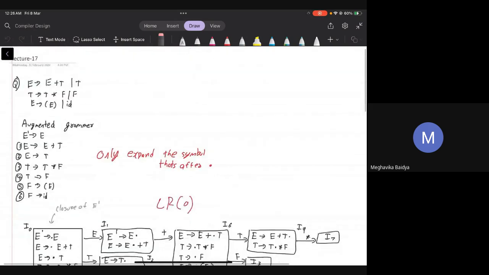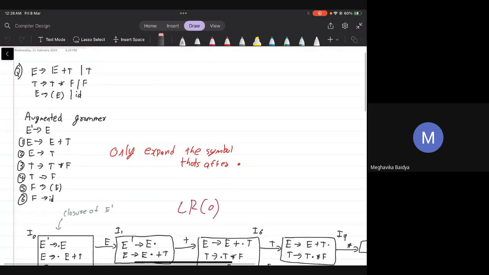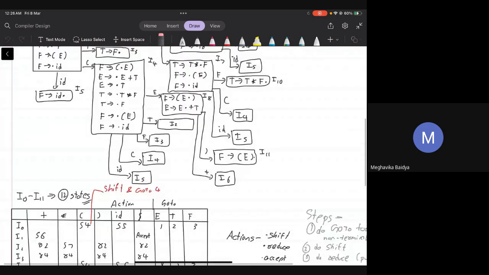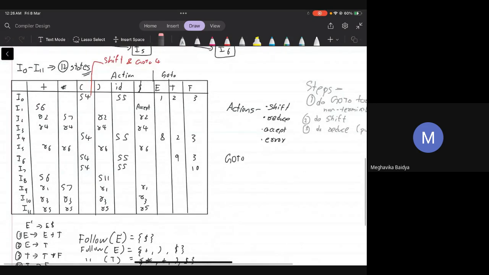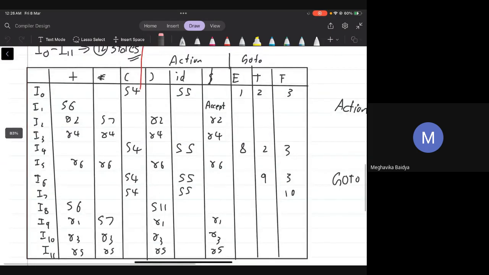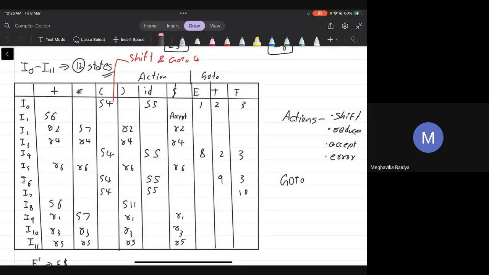I've written the same thing here, which is the same grammar, augmenting it, and then the states, and now you make the table for this. So for the table, you have all the states and then all the symbols. This table is used by the parser to tell what to do